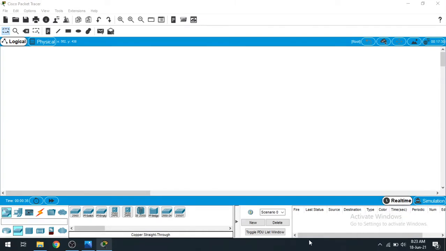Hello guys, today we'll perform practical number 7 in your subject Computer Networks and Data Communication. Practical number 7 is to install a LAN network inside your lab. So this is your lab-like environment. The Cisco Packet Tracer app is there, and inside that you can perform a